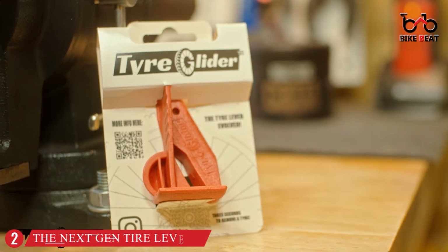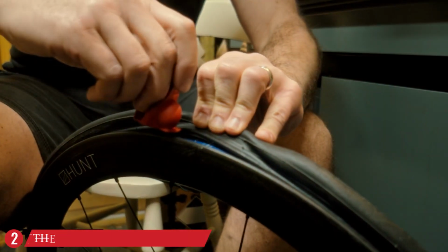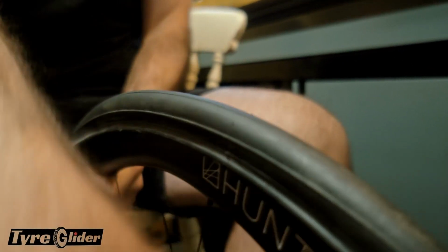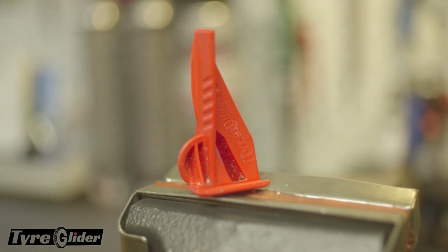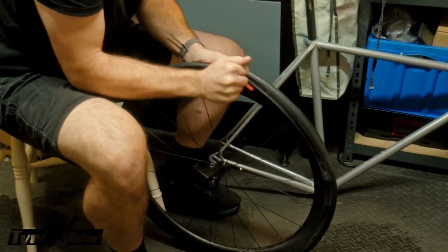Number 2. The NextGen Tire Lever. The NextGen Tire Lever stands out with its modern, ergonomic design that enhances comfort and ease of use. Made from high-quality materials, this lever is both lightweight and extremely durable, able to handle the demands of frequent tire changes. Its sleek design fits comfortably in the hand, reducing strain during prolonged use, which is especially helpful when dealing